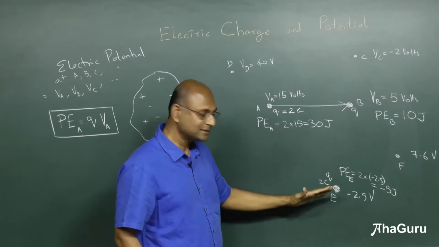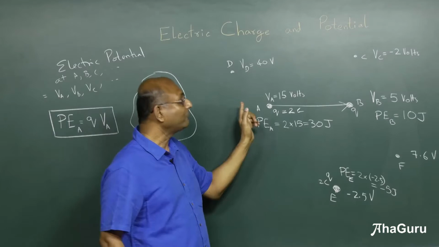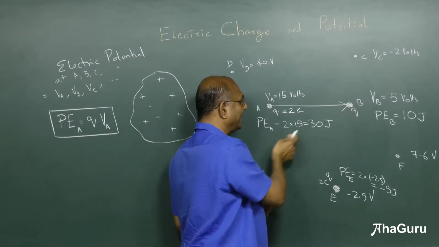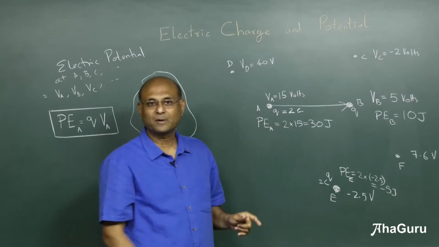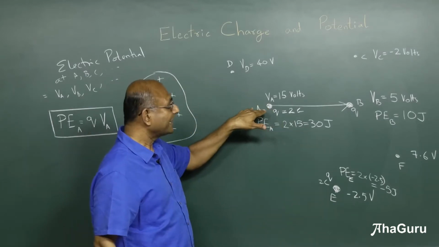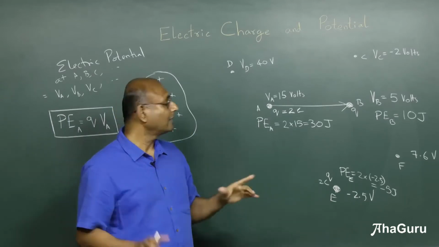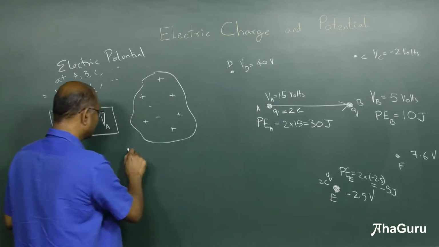Hey, why can't it do this? It can do this also. I have to allow it to move. If I allow it to move like this, it will move from here to there. If I allow it to move like this, it will move from here to there. So it is trying to move to a lower potential energy. Is the idea clear? For a positive charge,